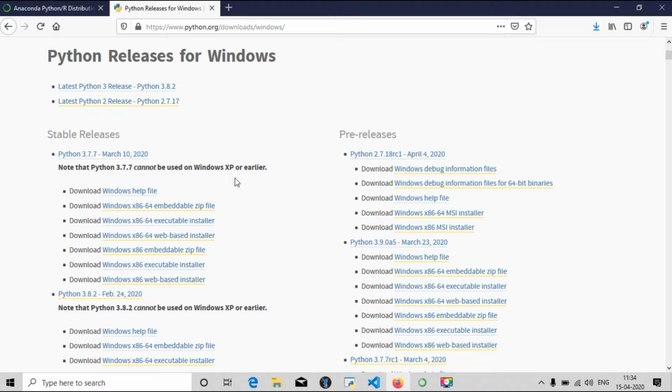I recommend you download 3.7. Click on the Windows executable installer file and install Python on your Windows.